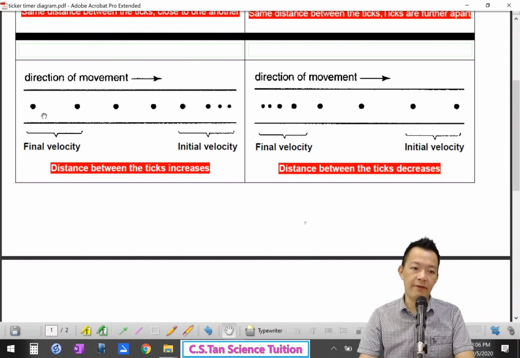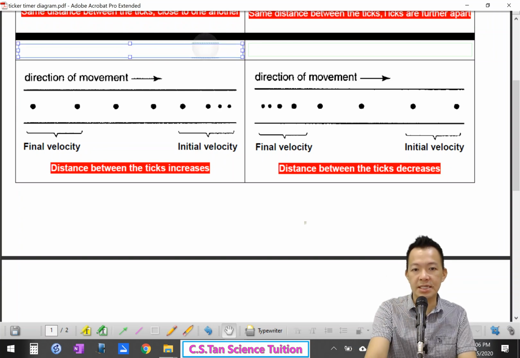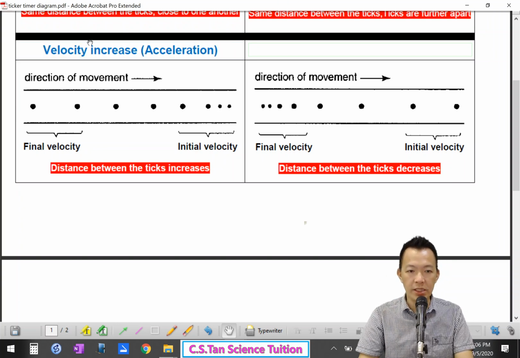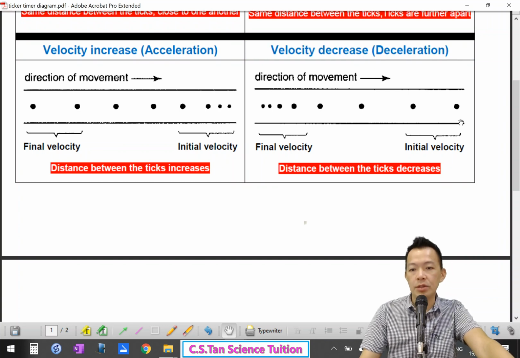Okay. Initial velocity and final velocity, 之前之后. Initial the velocity is low, 很慢. But at the end, final velocity, the final velocity will be higher. 最后的速度比较高。Okay, in this case, I know, getting faster. This is acceleration. 它正在加速。Okay, so velocity increase. This is acceleration. 它正在加速。